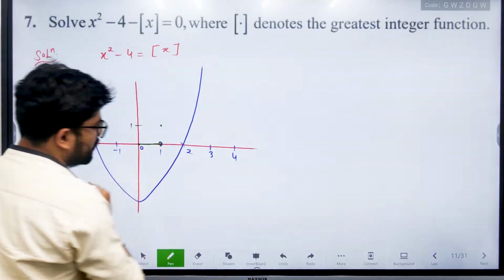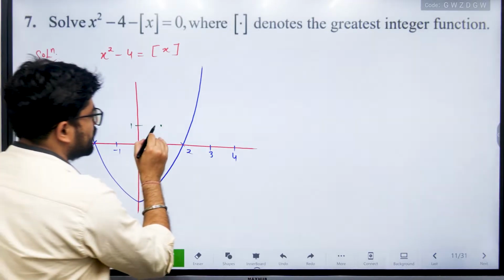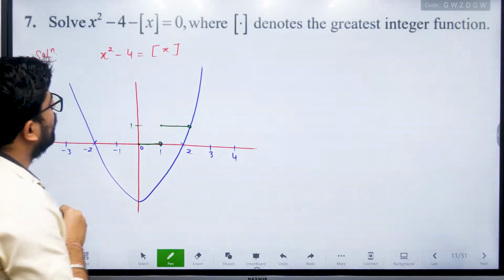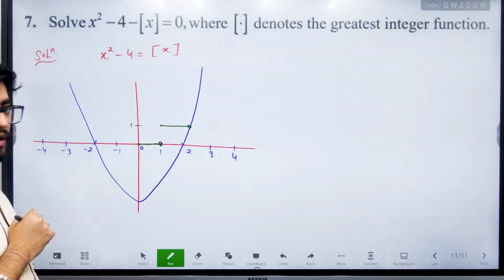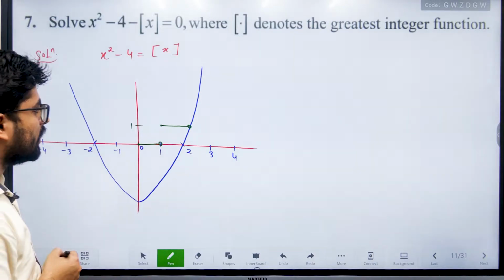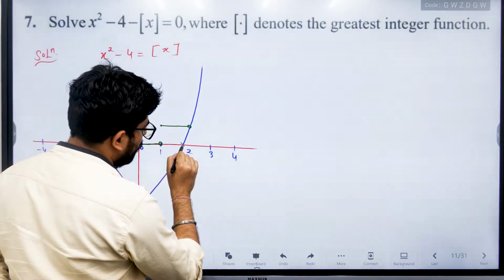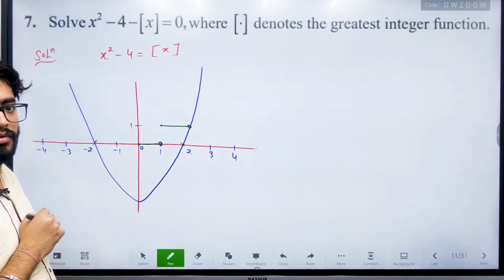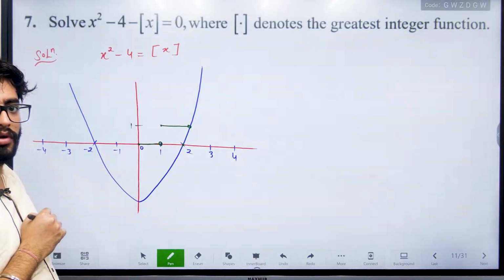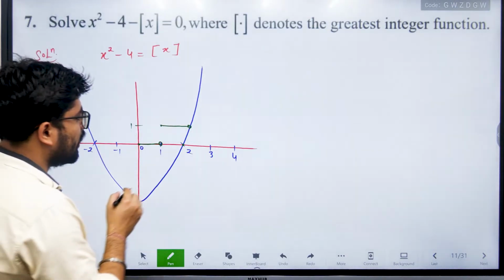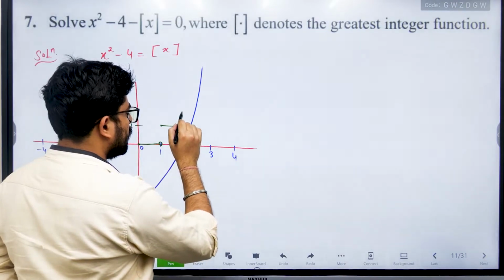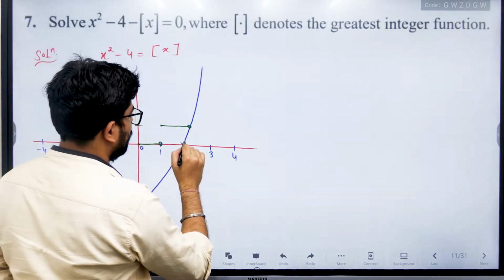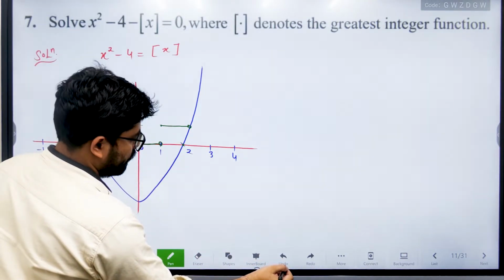Okay, that's an open circle because at 1 the value is 1. Yes, so till 2 the value is what? The value is 1. Okay, so now at 2, the function is here? No, the function is not here. Where is the function? At 2 the value is somewhere here. At 2 the value is 2. Yes, so, or you can draw the graph.